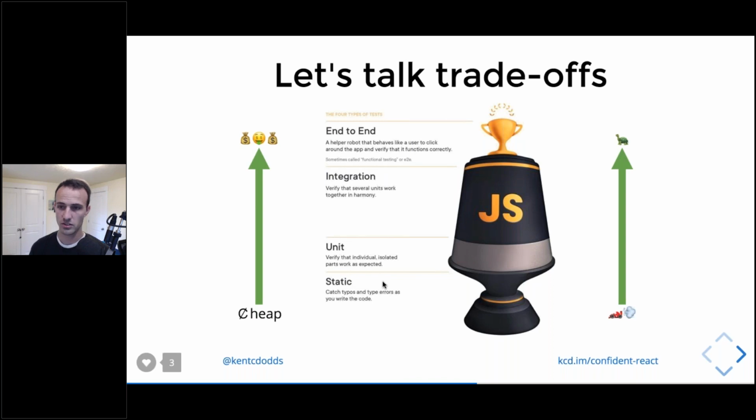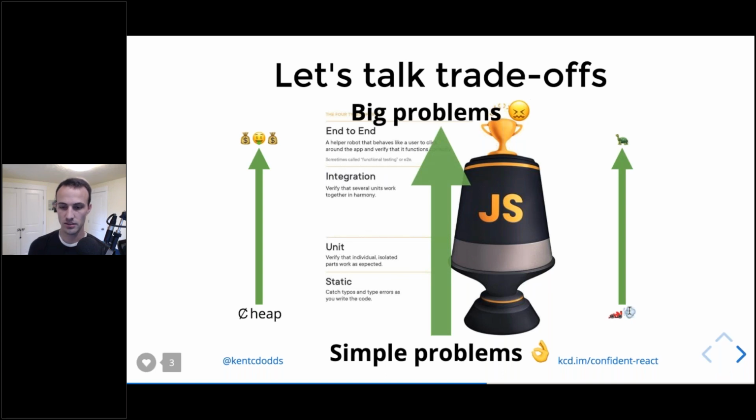So in particular with JavaScript, there are many other languages that are statically typed. And so that's just like the default. Like, how could you not write Java that's statically typed, right? But in the JavaScript world, that's a tool that you have to add in. So you're going to add TypeScript or Flow to add static typing to your application. And so that's something that I've added to the testing pyramid. But then I changed the shape of it, because while these two arrows or these two principles or elements of this testing shape are true, one thing that was missing from the testing pyramid is what I call the confidence